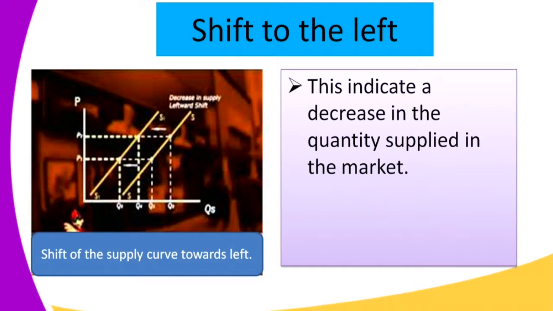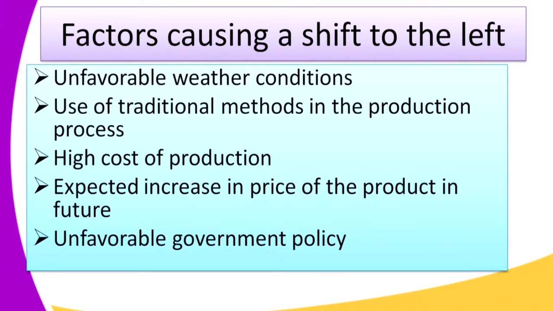Now, you may ask yourself, what are these factors that bring about a decrease in supply or shift of the supply curve to the left? One of the factors is the unfavorable weather conditions. This is whereby you may have floods, and therefore, after flooding, roads become impassable, bad weather conditions, even planes cannot fly. So, supply of goods becomes a challenge that decreases supply, or in other words, shifts the supply curve to the left.